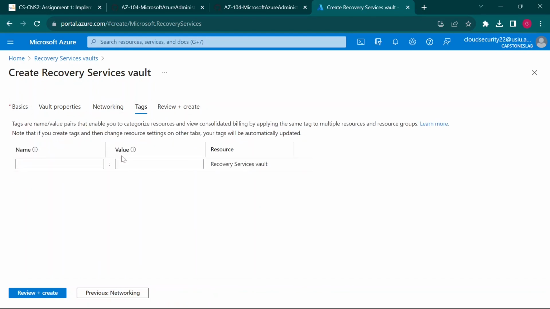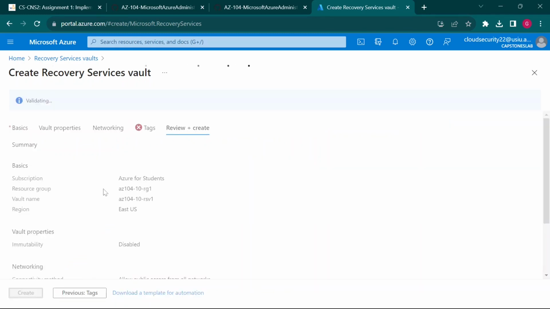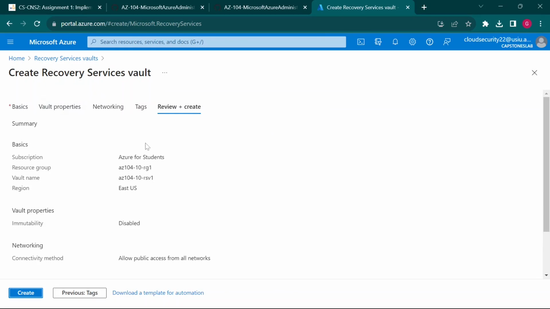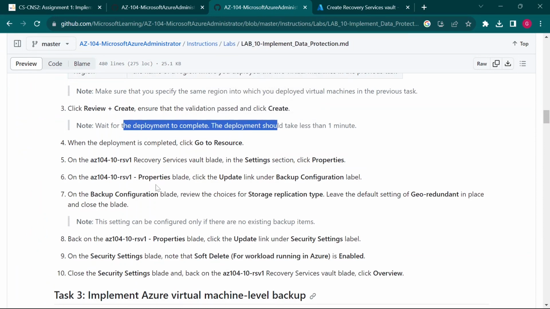Then next, tags, you can use some tags here. Just input whatever tags you're interested in inputting. Then I'll just click review and create at this point. So this will just validate our setup, the configurations we input, and we can click on create. I'll let it deploy in the background. So when the deployment is completed, click go to resource, and then on the resource, the recovery service vault,